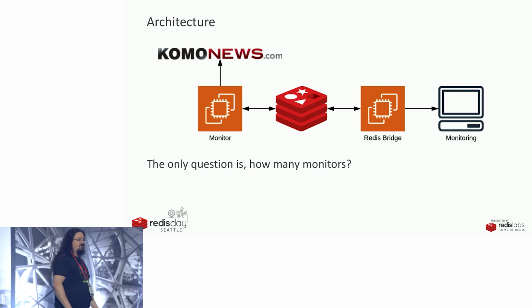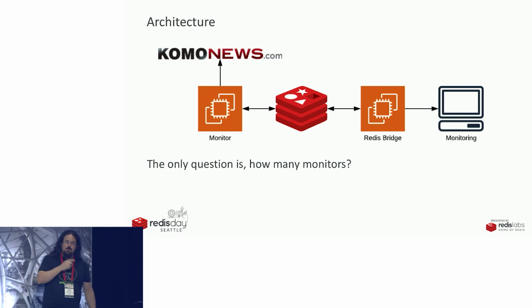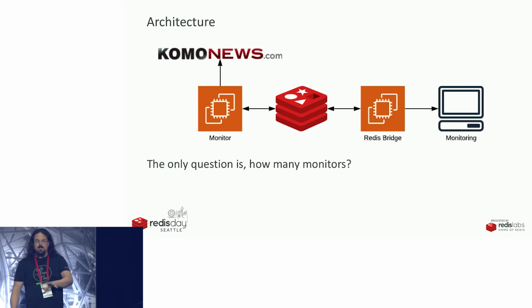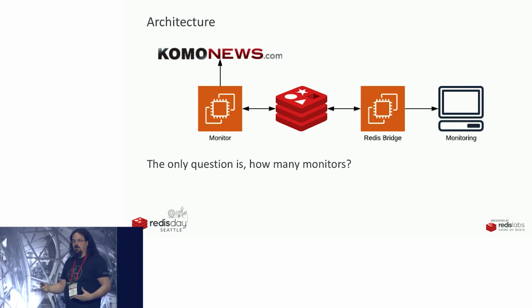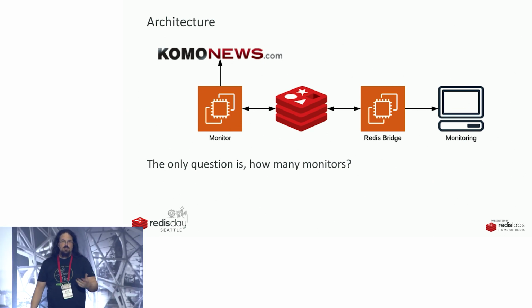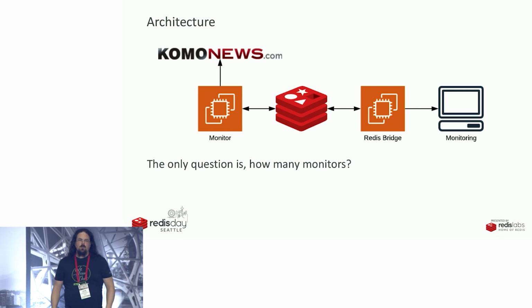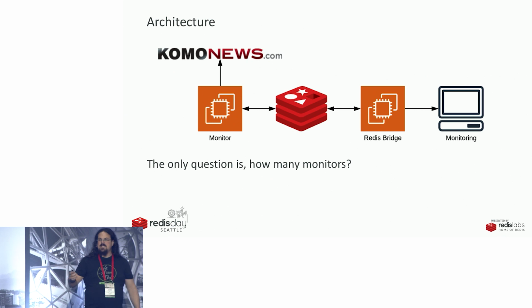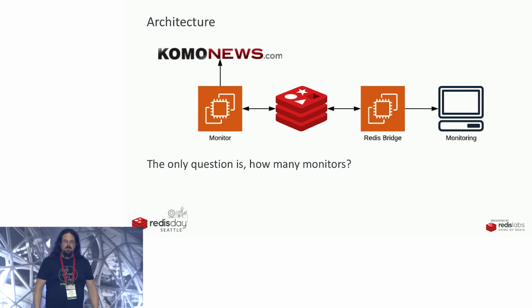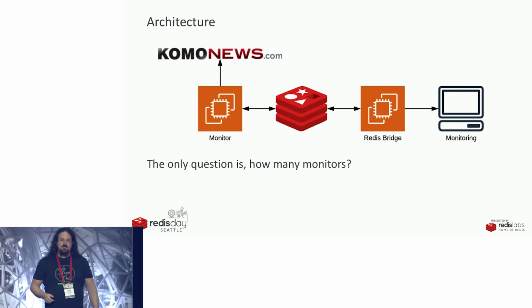Take any one of our websites. This is comonews.com for any of you locals. That's channel 4 here in Seattle. You put a monitor on comonews.com and some other number of different pages, all right? And the monitor doesn't care what things it's supposed to be monitoring. It just goes through a list and it monitors all of them as quickly as it can. We start them all at a random place, and that way they all cover everybody. Any monitor goes down, we just start another one. We don't really care whether it succeeded or failed or what group it got through. We just scale up the monitors as many as we need to cover all of our pages every 30 seconds.